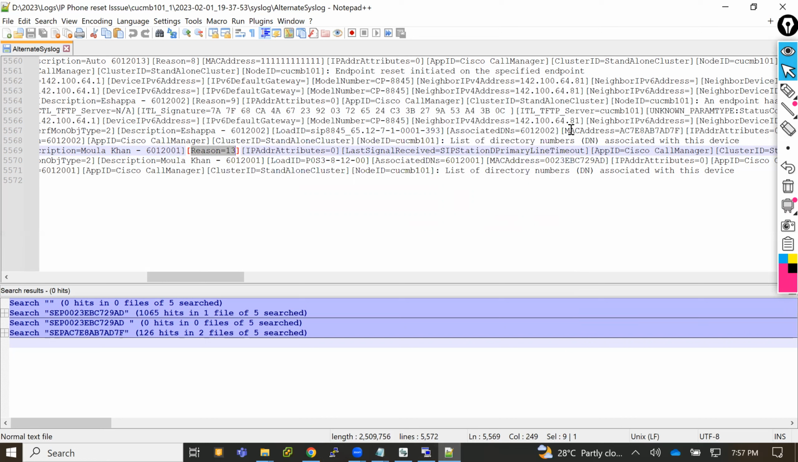Now for the phone is not registering, again same call manager, same logs, you pull it here, this one. Okay, come here, give the MAC address of that phone. Okay, filter, you can see it, what is happening in the phone, why it's not registering, and everything, it comes that. Okay,